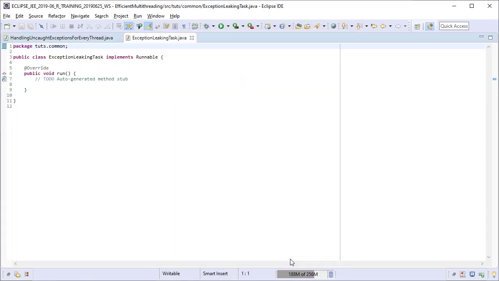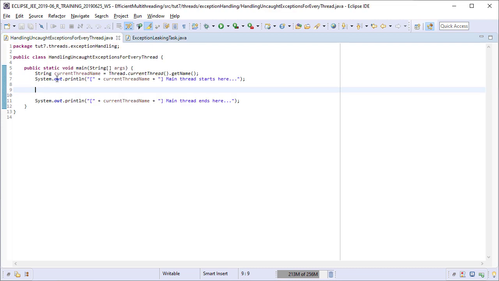As implementation of the run method, we will have only one line, and this line will just throw a runtime exception. We cannot throw a checked exception because the run method does not declare any checked exceptions. Therefore, we are forced to handle all the checked exceptions inside the run method only. You can think that we are calling some third-party code from the run method, and this runtime exception has leaked from there. We do not want our application to go down because of faulty code in some third-party library. So it is essential that this runtime exception be handled.